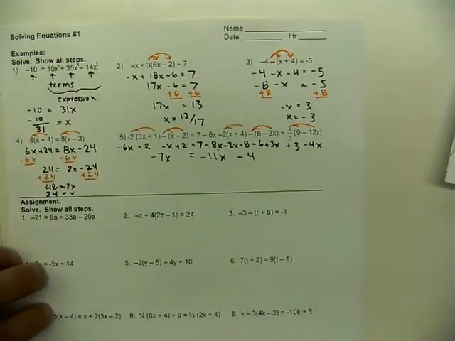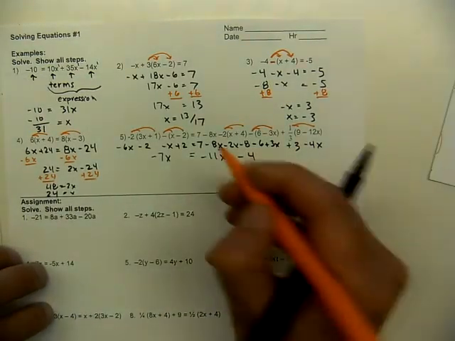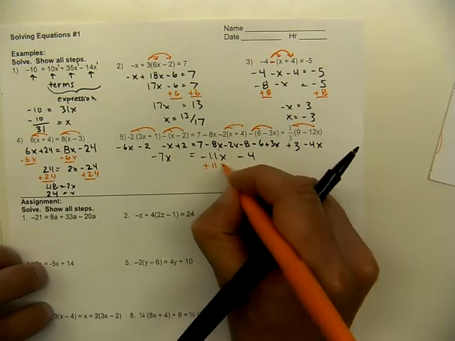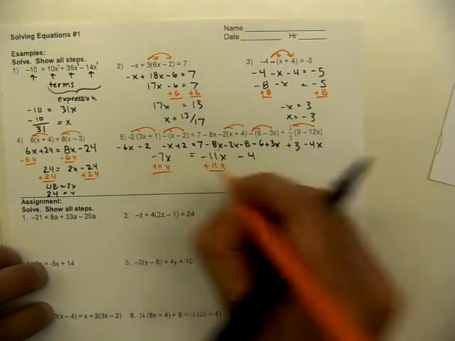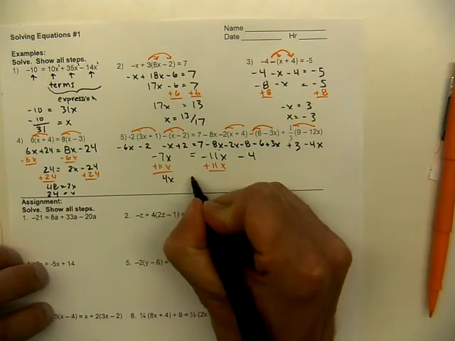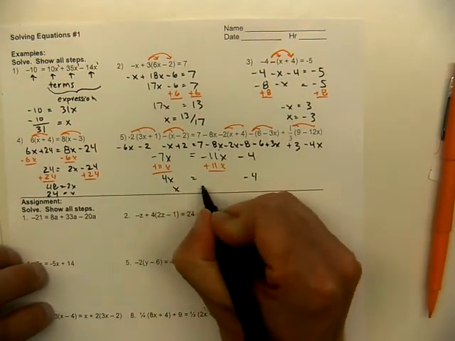So now it's a lot more manageable. Let's move the x's to the left-hand side, so I'm adding 11x to both sides. And then divide away the coefficient of 4, so